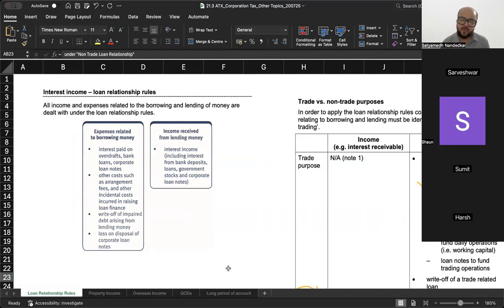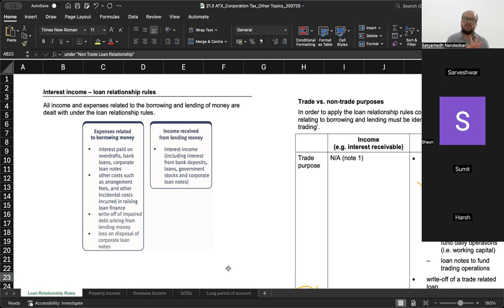One special aspect of company taxation is कि देखो, if I have given a loan to someone and it is not my main business, my main business is coaching, but I have given a loan to Harsh, and on that loan I have received an interest, then that is a non-trade loan relationship. Why? Because it is not a part of my main trading business. तो ये जो income मुझे हर्ष से मिला on the loan that I have given to him, that will be included as NTLR income, non-trade loan relationship income.